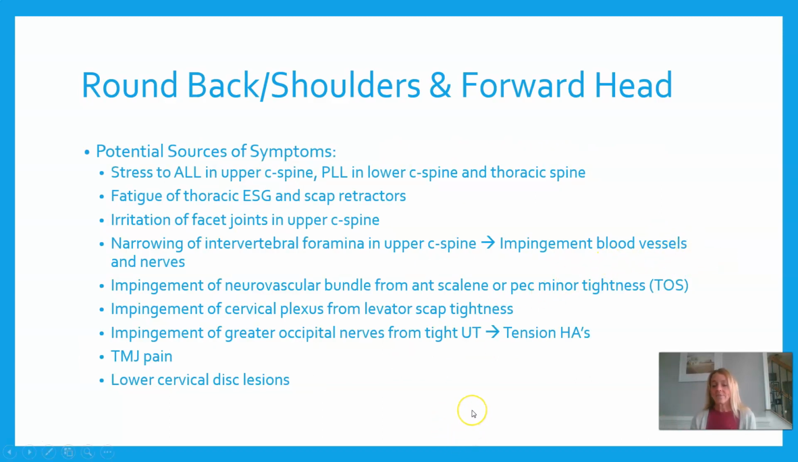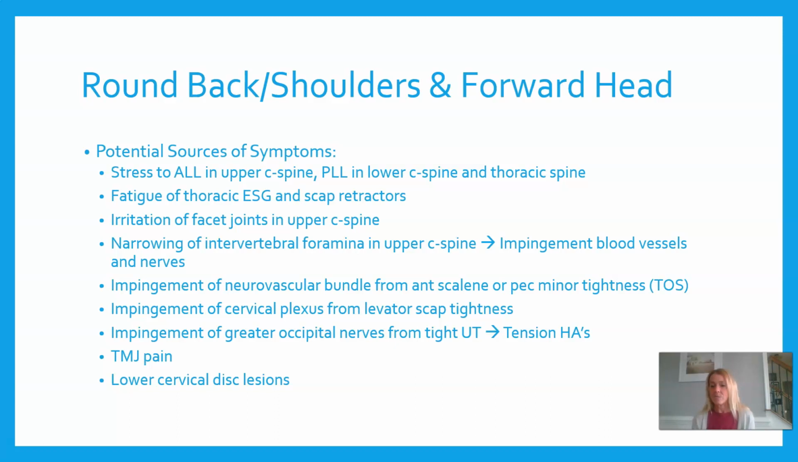So, potential sources of symptoms. I had to make this one its whole own slide because there's a lot. We can see stress to the anterior longitudinal ligament in the upper cervical spine and the posterior longitudinal ligament in the lower cervical spine and the thoracic spine, fatigue of the thoracic erector spinae and scap retractors, irritation of the facet joints in the upper cervical spine, narrowing of the intervertebral foramen in the upper cervical spine, which again can impinge on the blood vessels and the nerve roots,